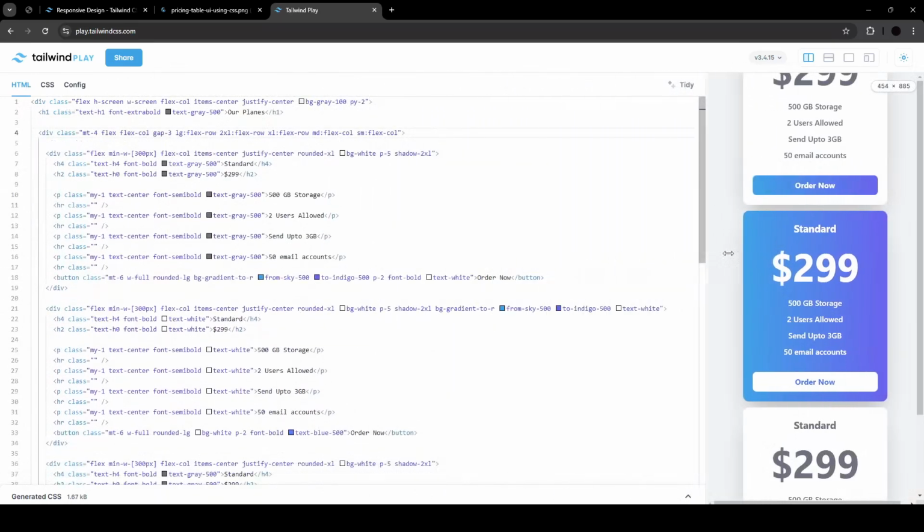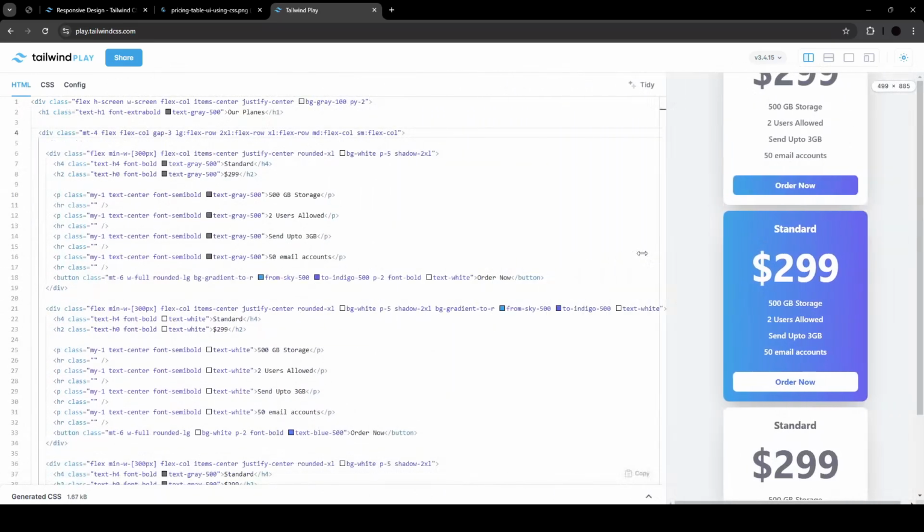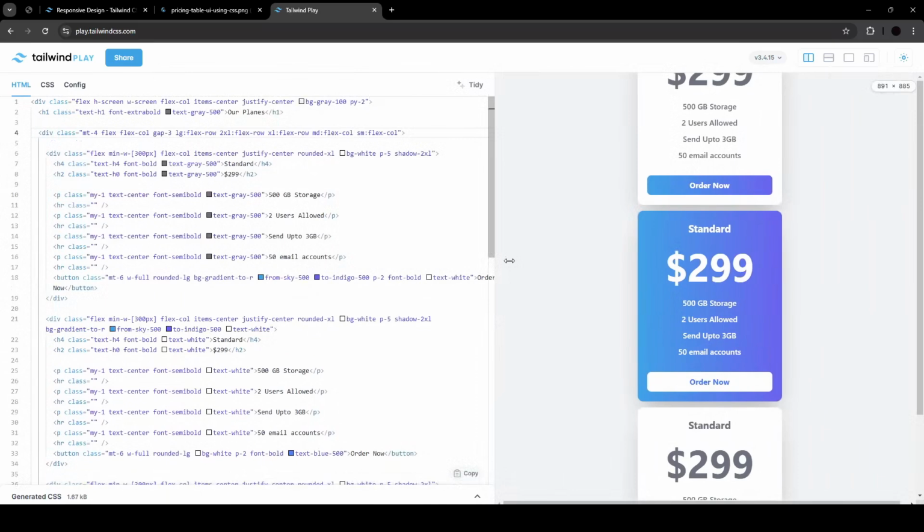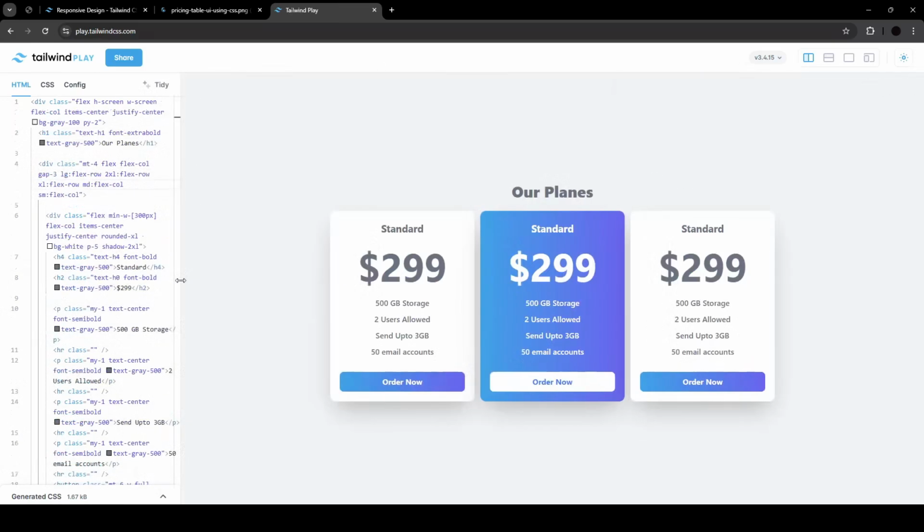You see, our design is now responsive, and you can further go ahead and change font sizes accordingly. But for now, I think that's pretty much it